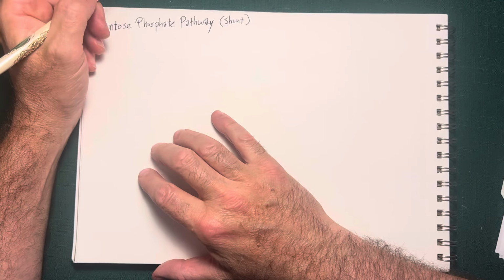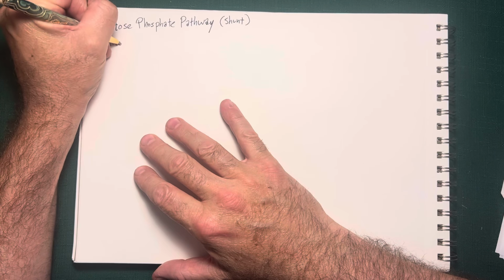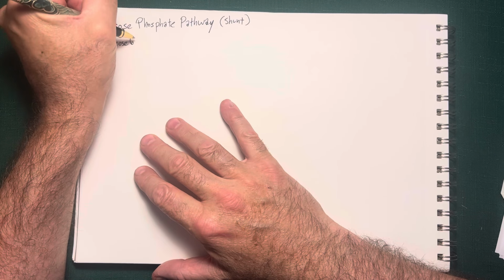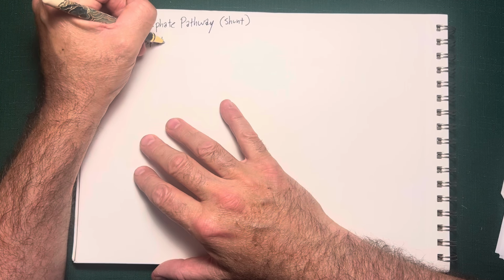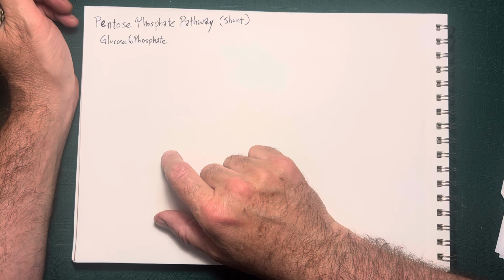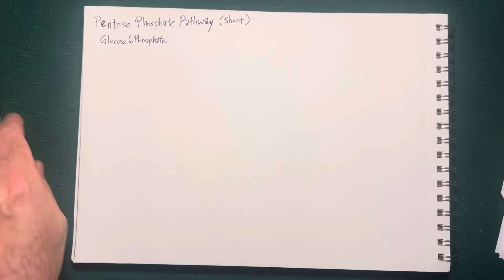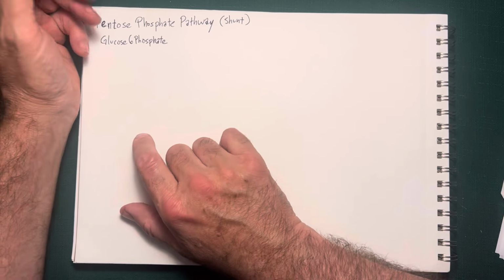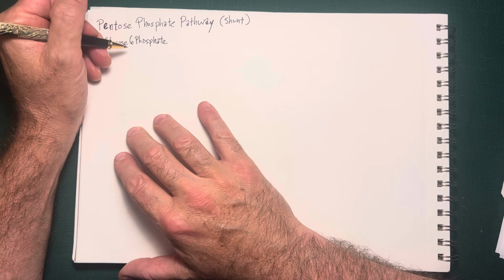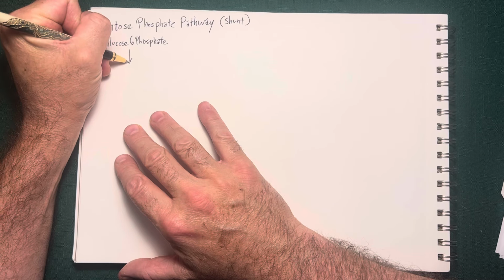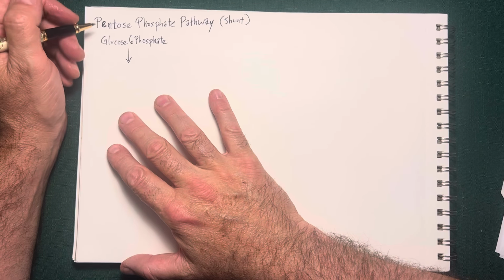So we're going to start with glucose 6-phosphate. And I think you know how we get that. You should know by this point how we get that. We start with glucose, and then hexokinase can consume an ATP to phosphorylate glucose 6-phosphate. And from there, we can convert that into